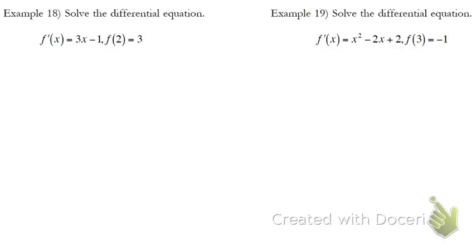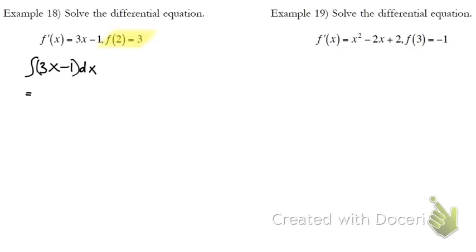So number 18 says solve the differential equation. They give us this derivative, f prime of x equals 3x minus 1, and then they give us this initial condition that f of 2 is equal to 3. So the first thing we want to do is we want to go ahead and take the integral of 3x minus 1. So we're going to say the integral of 3x minus 1 dx